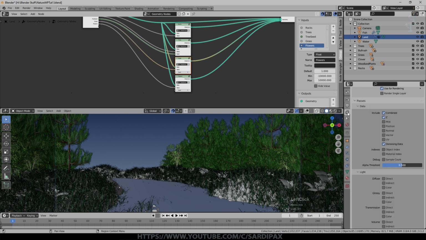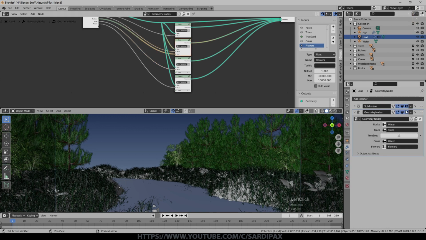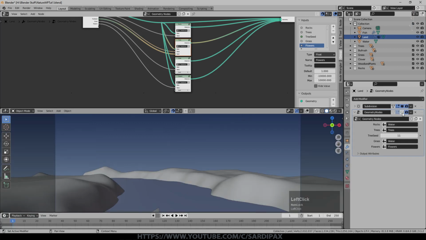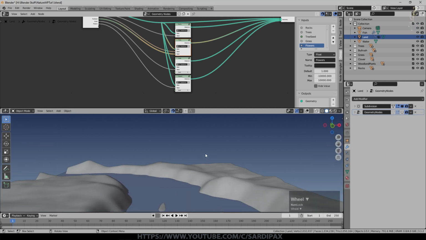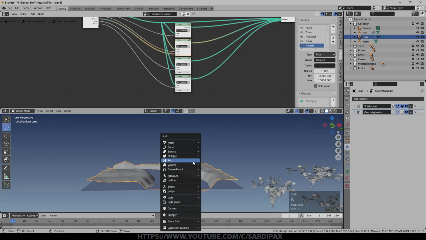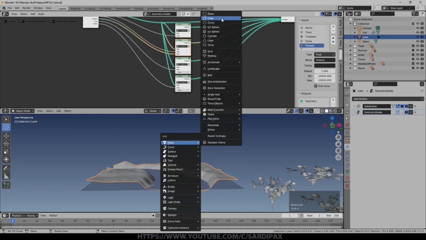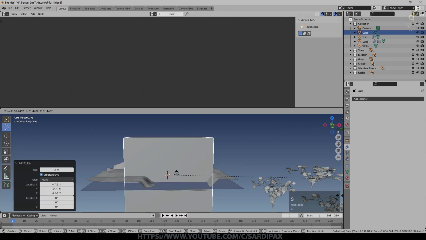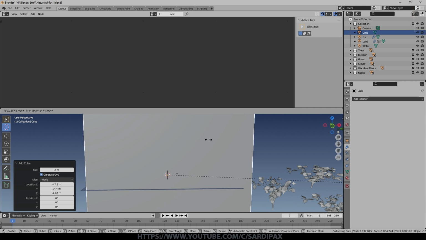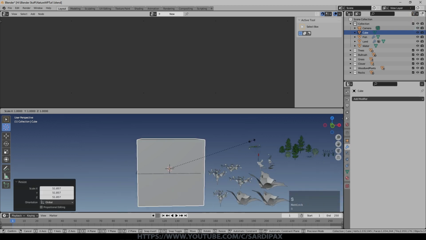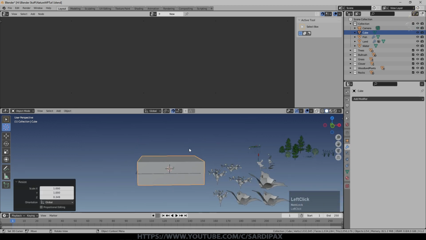And then also under render passes, I've turned on denoising data, which will be the last thing I show you that we can use. I'm just going to go to my modifiers for the landscape and just turn off the view of the trees and what have you by just removing from viewport the geometry nodes. So we're going to add the mist now. So I'm going to put my cursor there, and then I'm going to add a mesh which is a cube, and we'll just increase the size of that to about the size of the landscape, but it doesn't need to be that tall, so we'll reduce it a bit on the Z.